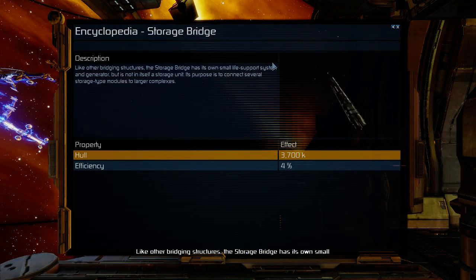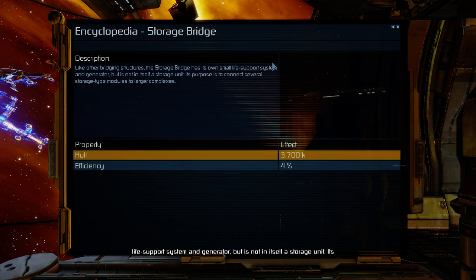Like other bridging structures, the storage bridge has its own small life support system and generator, but is not...